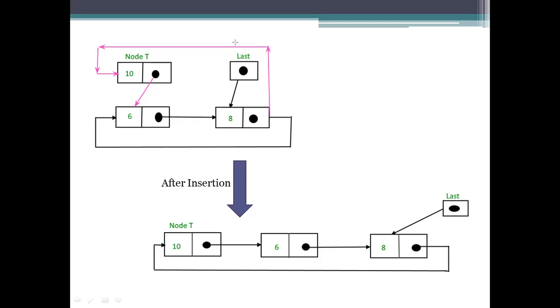And whatever you have here has to be cancelled. So like that, we will get this one. So here, first we need to specify that the node T has to be pointed at the first one, and then next we need to remove the link which has been pointing from last to first.